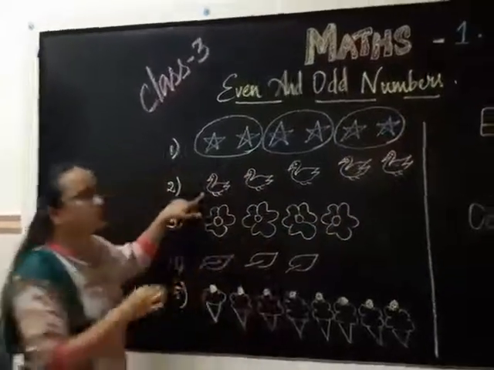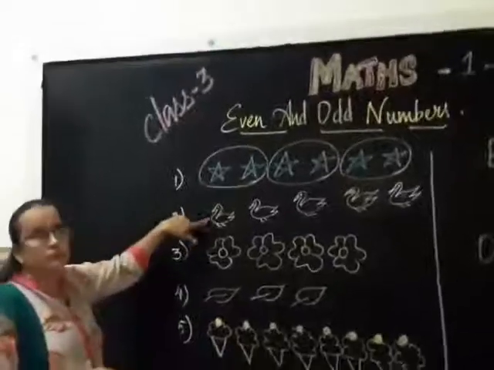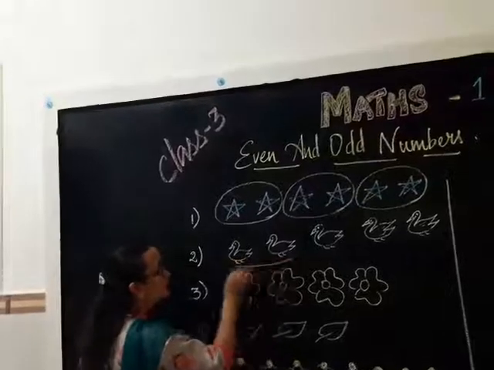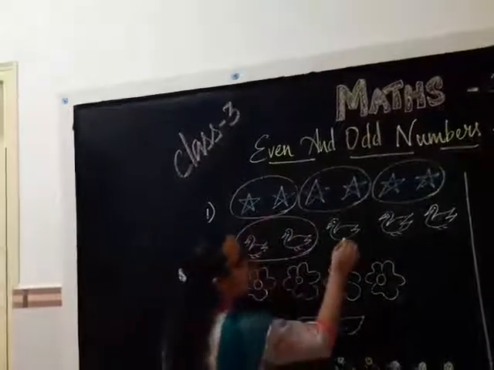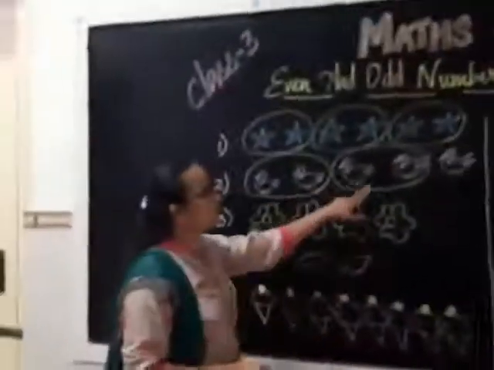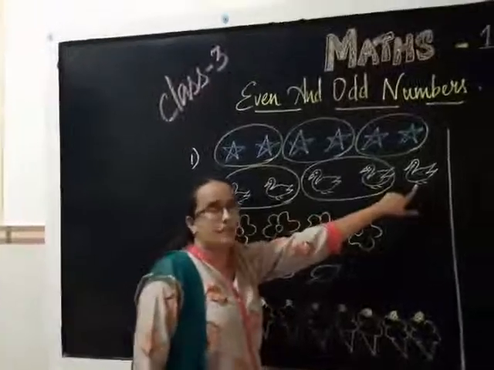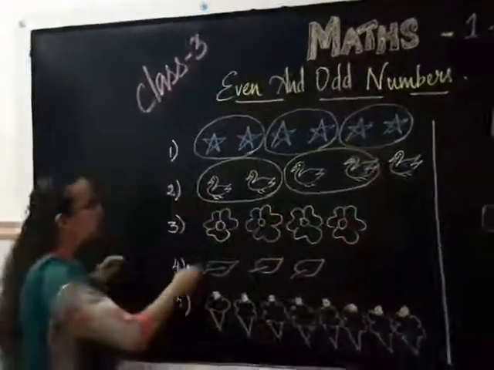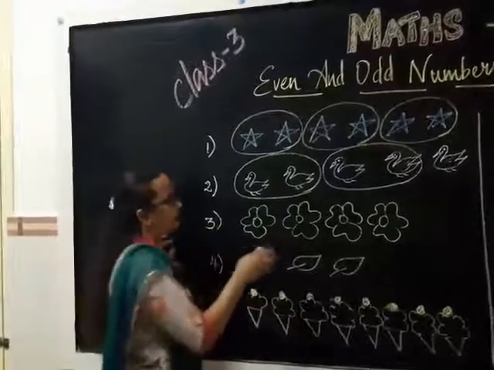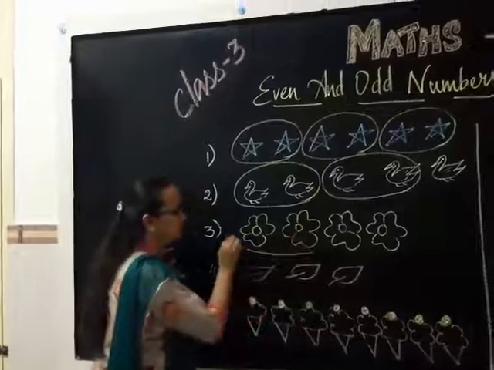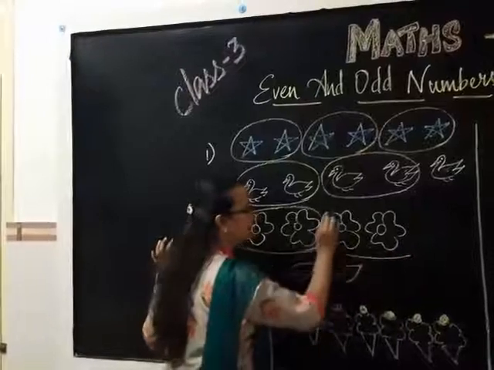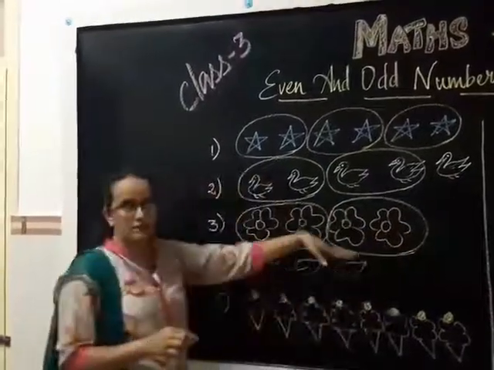Circle. Now again we are going to put a circle for two ducks in one circle. 1, 2. Circle. 1, 2. Circle. So now here you have a pair. Here you don't have any pair for this duck, so it is left out. Now third example, we are again going to count 2 and put a round circle. 1, 2, circle. 1, 2, circle. Here no flowers are left.